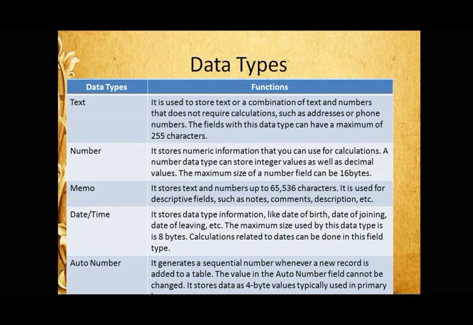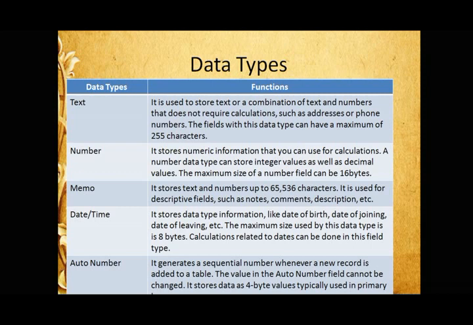Let's come to our next type, that is auto number. It generates a sequential number whenever a record is added to a table. For example, I have written number 1, and when I press the enter key, number 2 will come itself. I don't need to write again and again. If I enter 10 records now, 10 tomorrow, and 10 the day after tomorrow, after some time I won't remember the count, but with auto number it will directly give the number by itself. So I would know how many students are there.